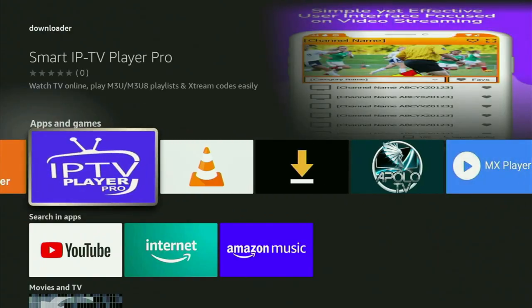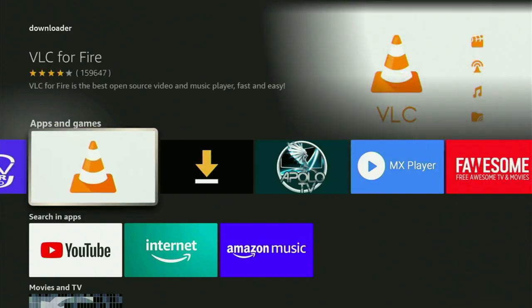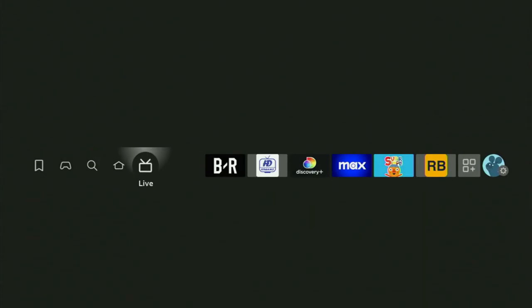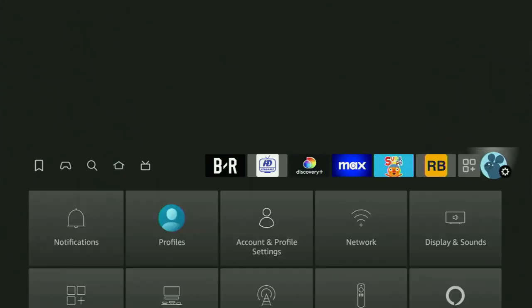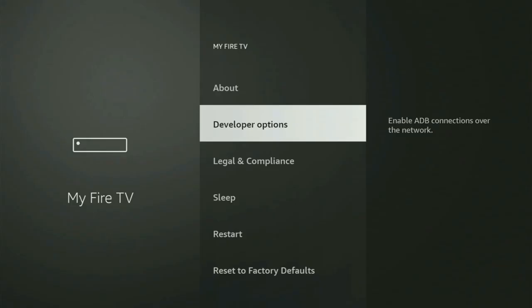However, before actually using Downloader, there's one more thing you gotta do. You need to set it up. In order to set up Downloader, we'll need to go to the settings on your Firestick. So you click on that button with a gear icon. After that, scroll down and go to My Fire TV. Let's open it. And now from here, what you have to do is turn on developer options on your Firestick